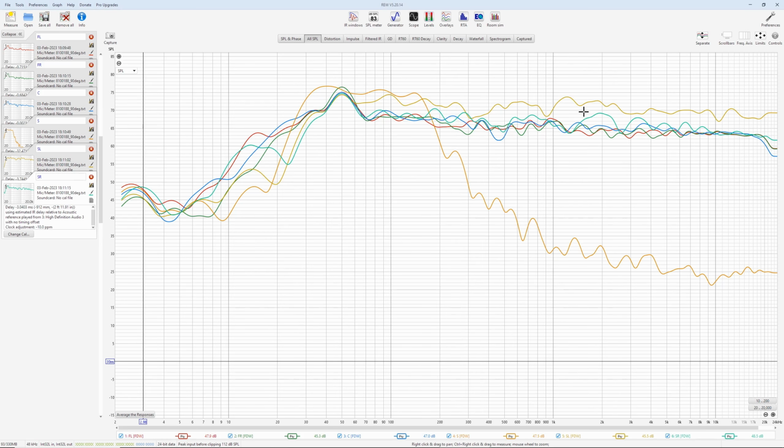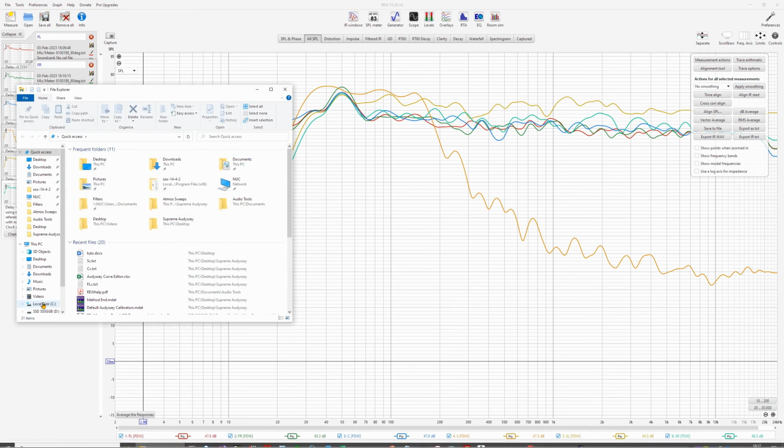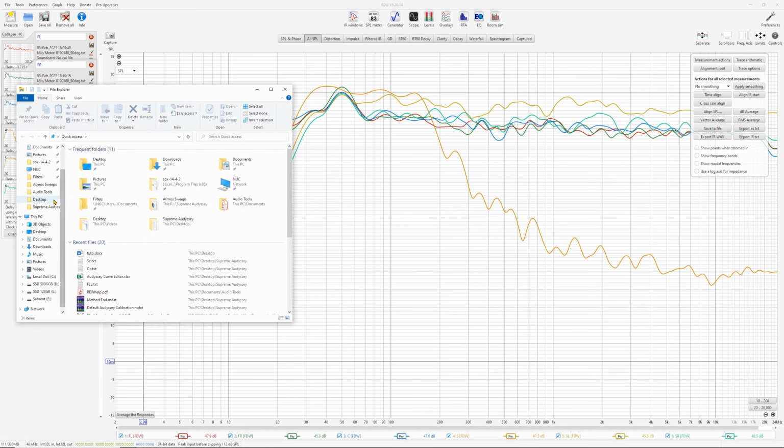Anyway, for illustration purposes, now what you do at this stage is before you determine the crossovers, you have to level them one more time. They will probably be almost level, but you might have 0.5 to 1 dB differences due to the correction applied. Okay, so you have to double check. You can do the same align SPL method by creating copies of this, or you can use the Atmos video that I will provide